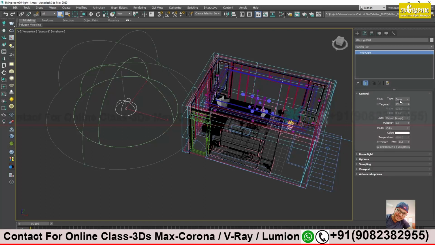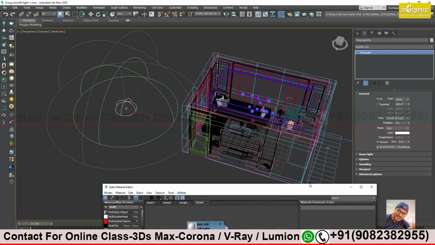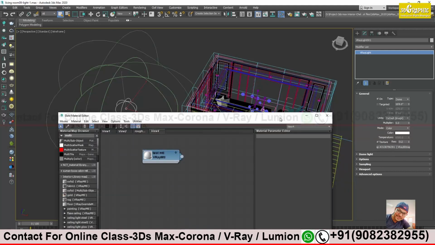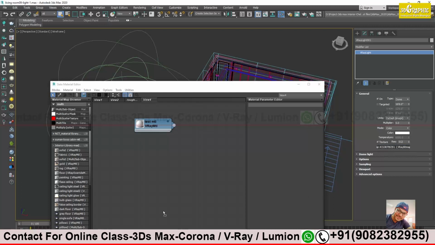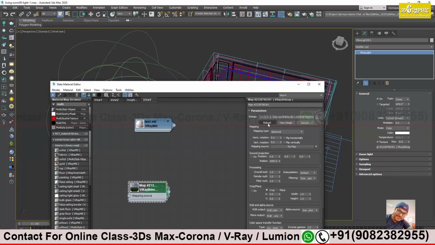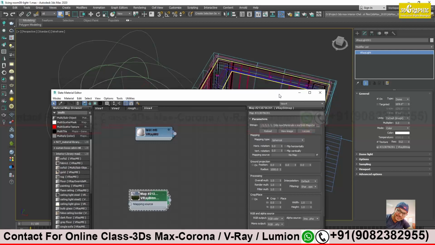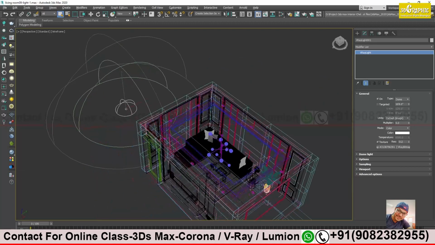What are there? There is a texture. I will just cross check the texture. Sometimes what happens, it shows but the texture may be lost or missing, so I will cross check it. Double click and reload, try two or three times. If the texture is missing, it will turn out black. It's reloaded, that means the texture is there. No worry about the HDRI. All right, and I'll go to render settings.